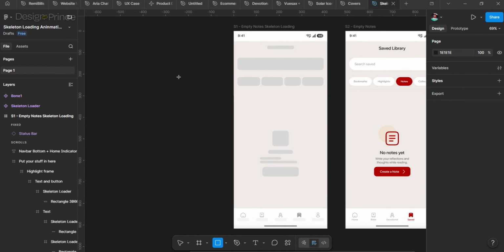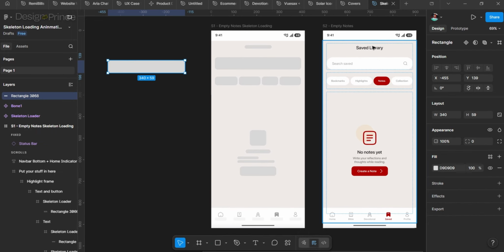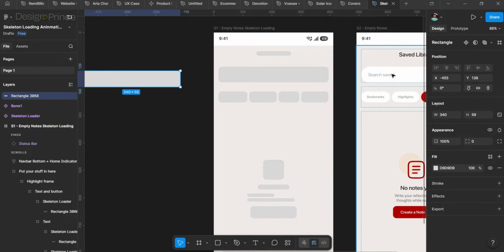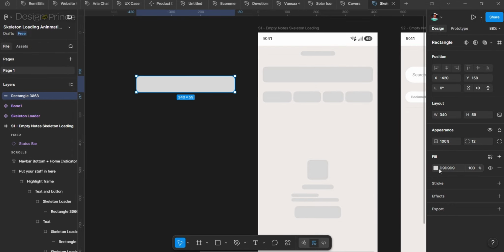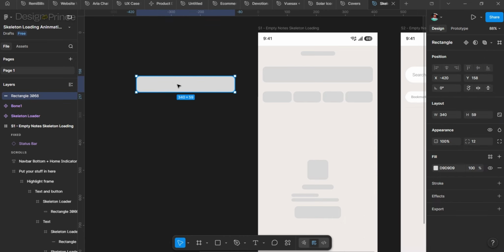So I'm going to make use of the rectangle tool, and this rectangle tool is going to serve as a placeholder for the contents, the text, the shapes, and every other thing on the final screen. So I'm just going to use the same dimension as this. Use my eyedropper to pick this color here, and then